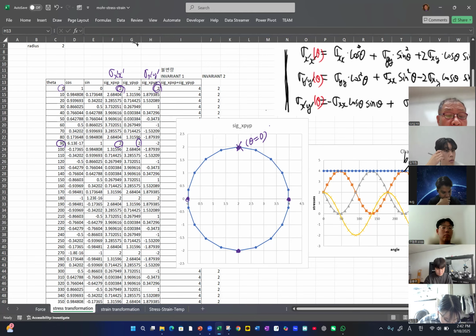Where is that point? Sigma x prime is 2 and 2. That actually looks like the same position. And here 180 is also the same position. So actually